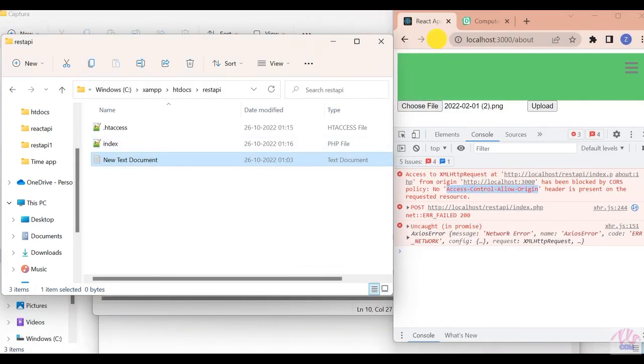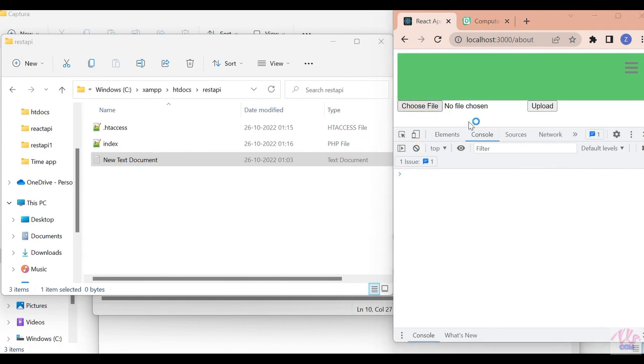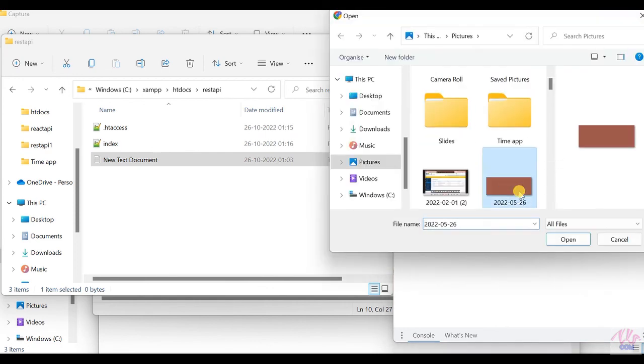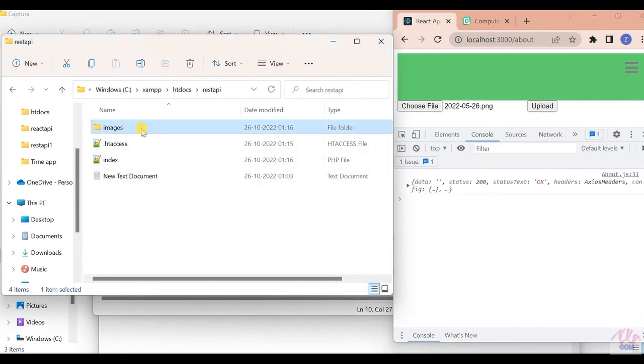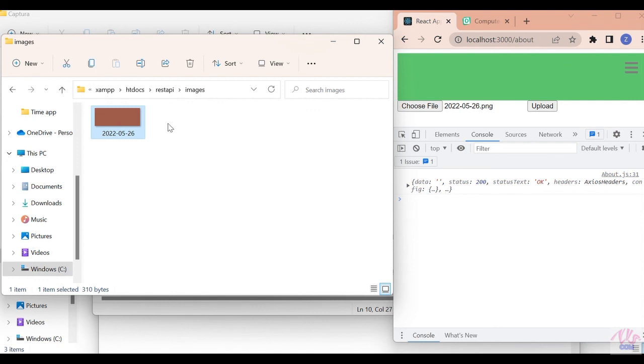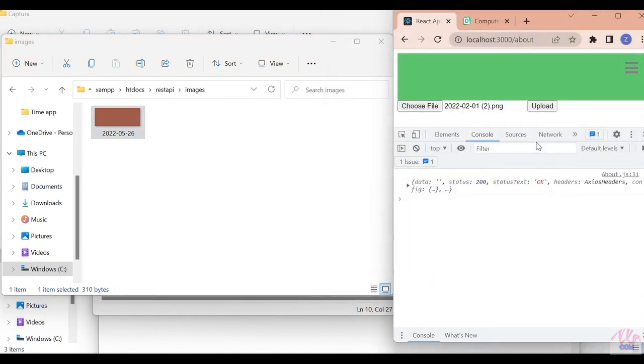If I refresh the page and create a new file, the file gets uploaded inside the images directory. The images are uploading successfully.